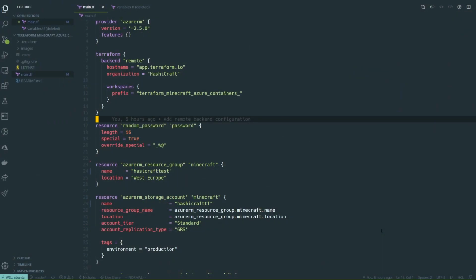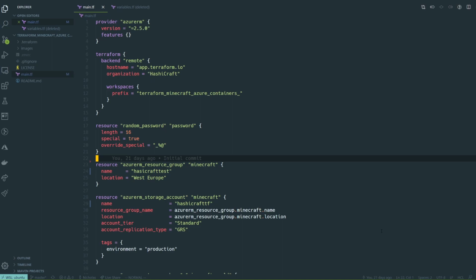We have the workspaces. Everything's set up there nicely with the prefix. The last thing that we need to sort out is this dynamic element. For example, if we look here, Eric, at our Azure resource group, we're always going to be applying a configuration to the resource group HashiCraft test, and that'll be for our production or a dev branch and all of those things. We don't want to do that. We want to be able to make that dynamic. Yeah, that's pretty much what got us into this whole trouble and made everything pink in the first place.